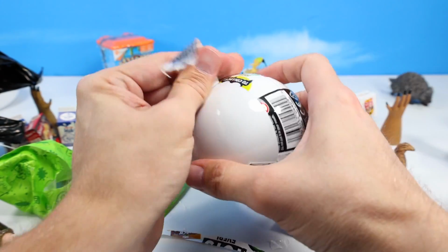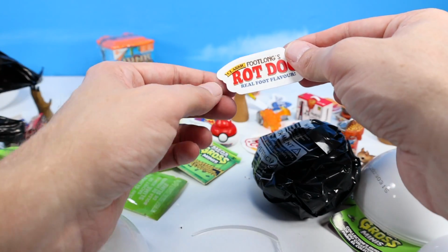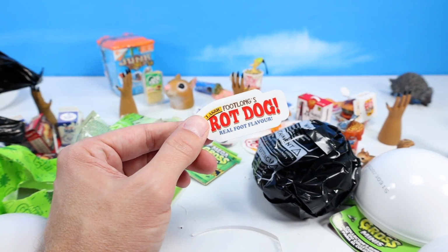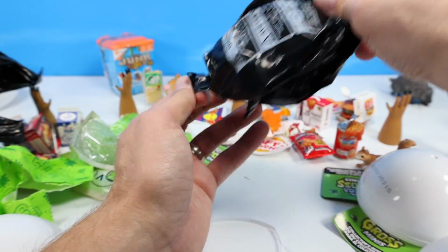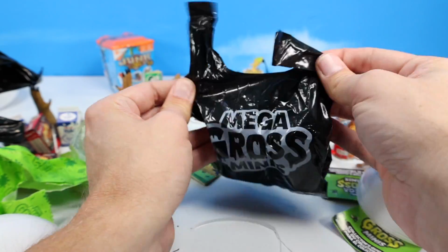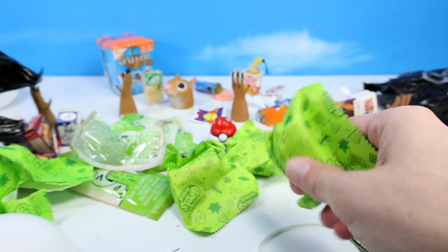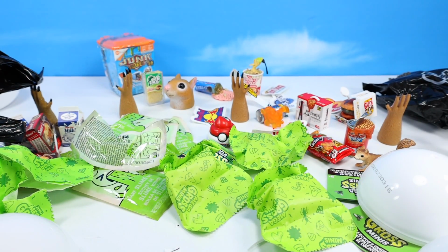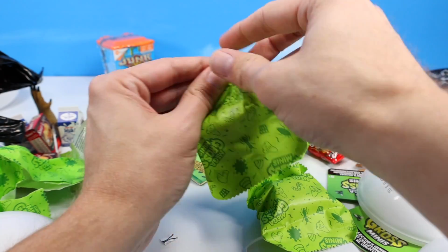Okay, what do we got? Some slime for us to check out in a minute here. We've got some Footlong's Rot Dog sticker. All these stickers and brand logos look great. Sometimes they tie these bags off. 3 more items, just the table is complete toast today. So here's number 1, and it is,